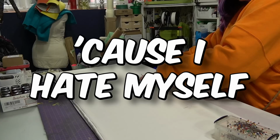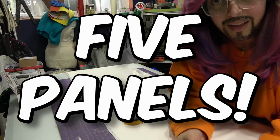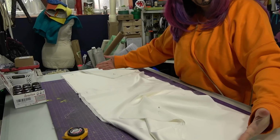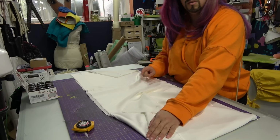Using the chenille cutter because I hate myself. This is all that was left. How many do I have? 1, 2, 3, 4, 5 panels. That's not bad. I'm gonna have a lot of puff. I'll first attach these to each other right sides facing. Then I will serge the hem, gather the top part, attach to that, and install the...